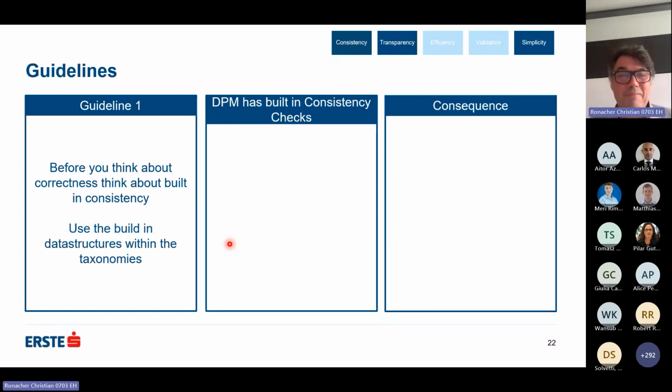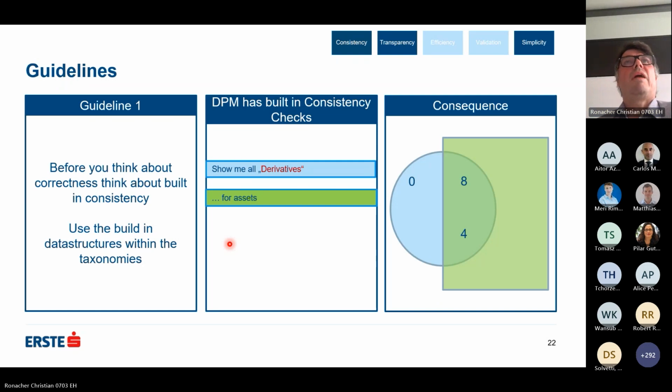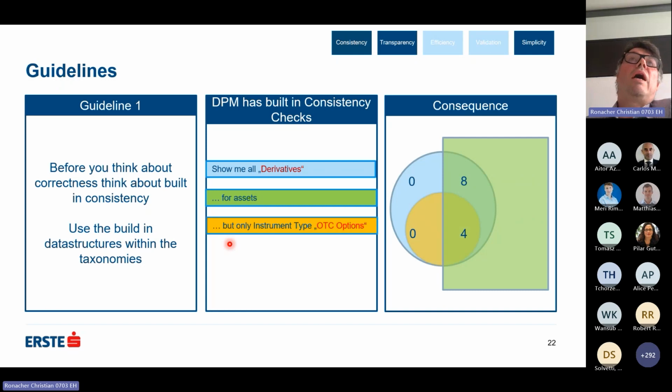Okay. So just one consistency we have. Regarding these concepts, if you say, okay, query all the derivatives, maybe I get a number of 0 because the assets and liabilities are just the same. And if I do the very same thing for the assets, I get some numbers. And if I do this for another dictionary entry, maybe OTC options, I get additional numbers. And this query as a whole has to produce either the same results or a smaller result set than the other one. And validation rules also always go for the numbers.